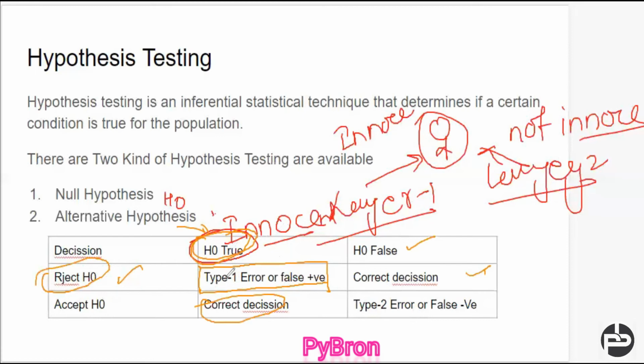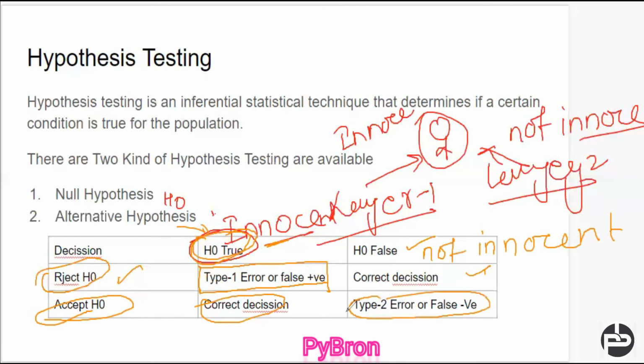But at the same point, if H naught is false, in the sense that the person is not innocent, and you are accepting the null hypothesis, means you are accepting that he is innocent, while the person is not innocent,